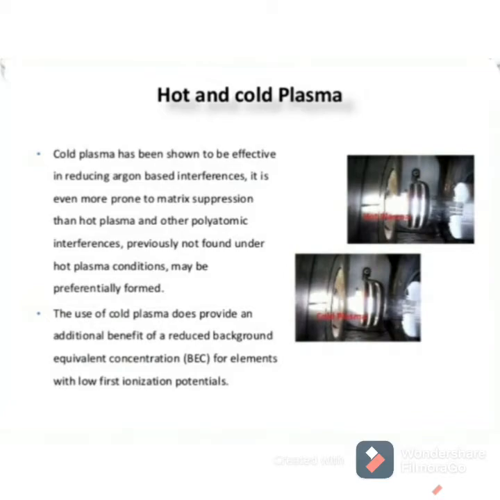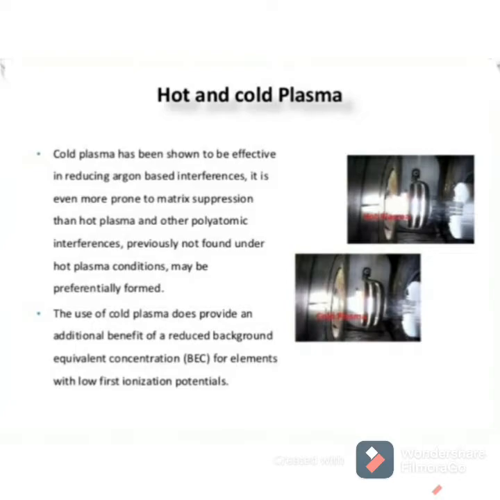Plasma has two types. First is hot plasma and another is cold plasma. Cold plasma has been shown to be effective in reducing argon-based interference. It is even more prone to matrix suppression than hot plasma, and other polyatomic interferences not previously found under hot plasma conditions may be formed. The use of cold plasma does provide an additional benefit of a reduced background equivalent concentration (BEC) for elements with